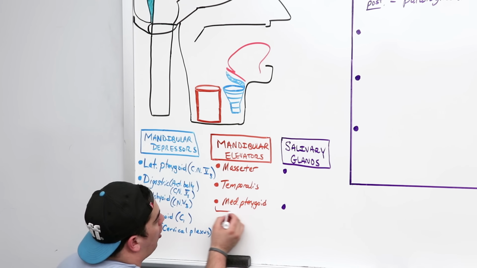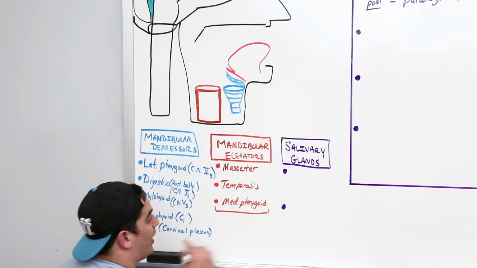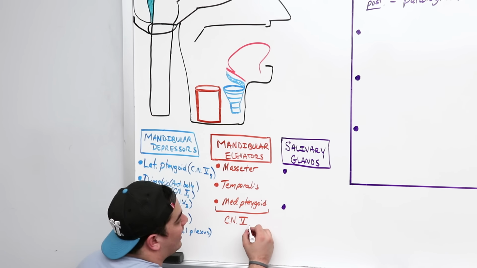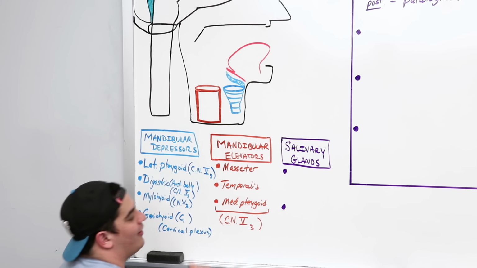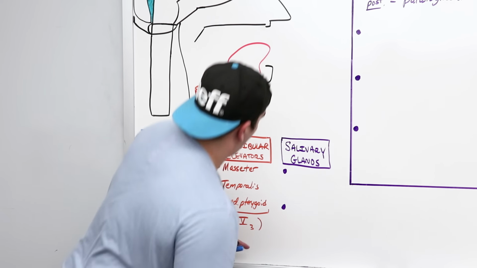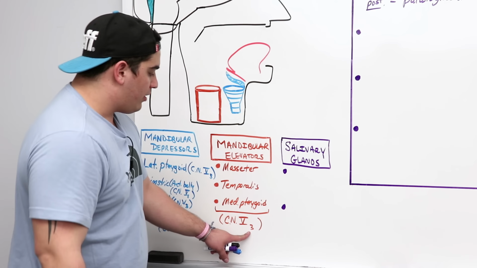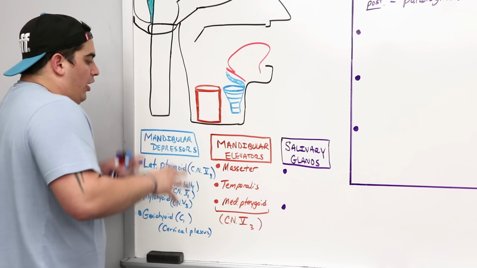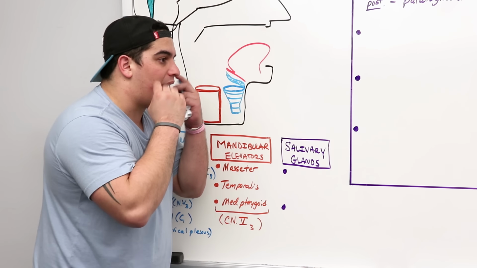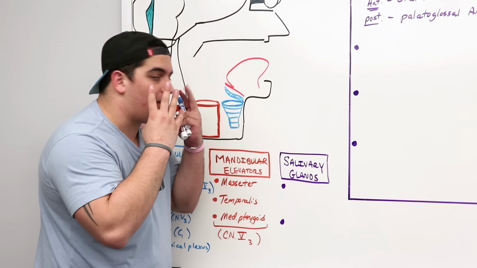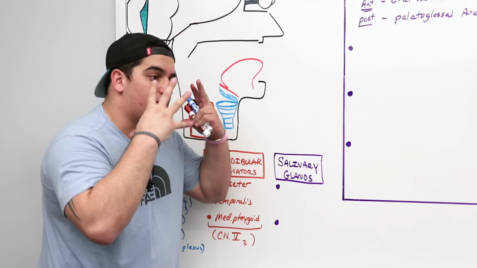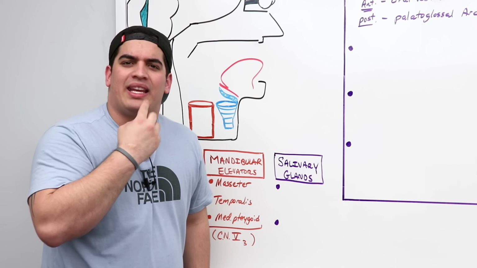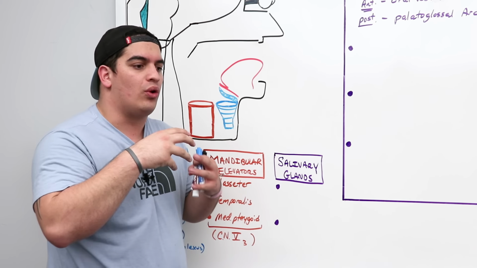What's nice is that all of these muscles are innervated by the trigeminal nerve, which is cranial nerve 5, and again, this is the third division, or the mandibular division. Now, when we depress the mandible by those depressor muscles, stretch it, activate muscle spindles, trigger the elevator muscles to contract and crush the food. It utilizes our teeth, because the mechanical digestion is we're just trying to